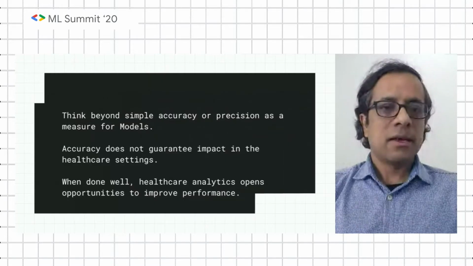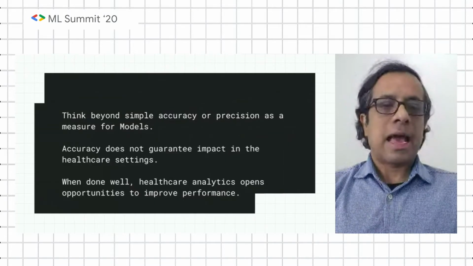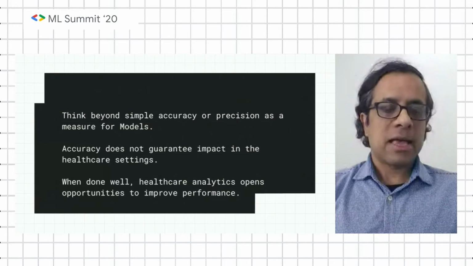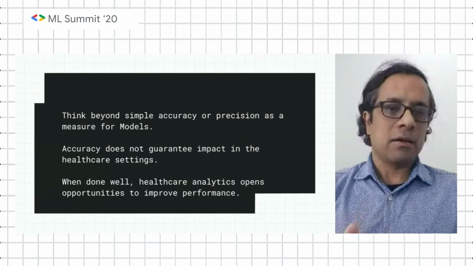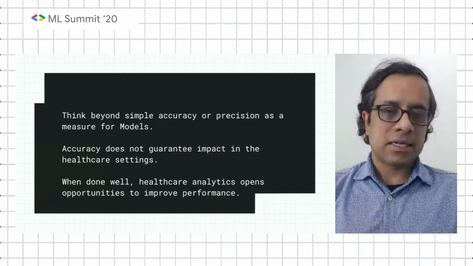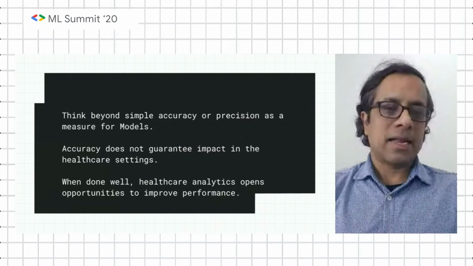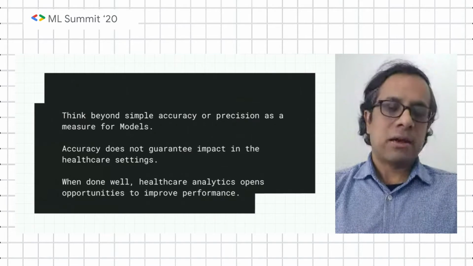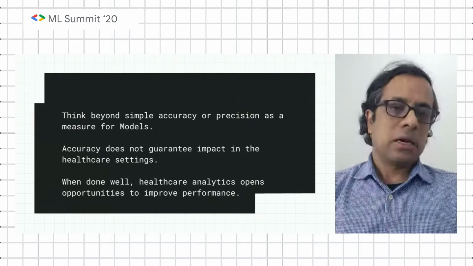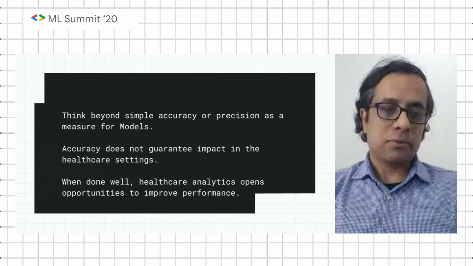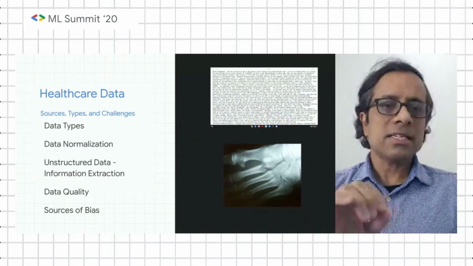So in summary, we have to think beyond accuracy and precision as a measure of the model. You think in terms of utility and impact. Accuracy does not guarantee impact in healthcare settings. When done well, healthcare analytics or AI could open up a lot of opportunities for improvement. Now let's look at